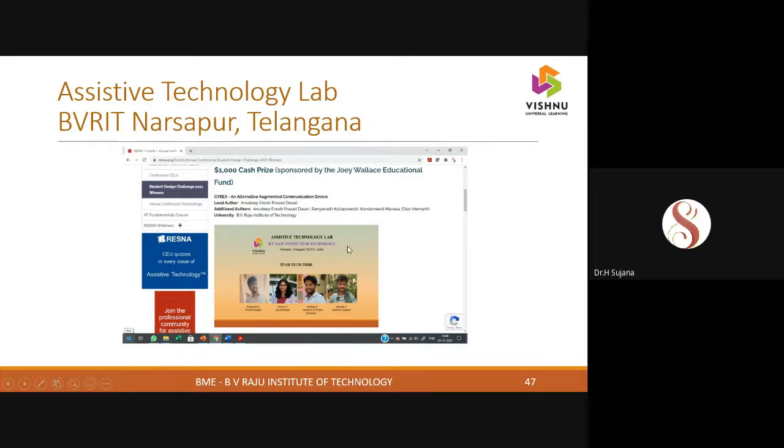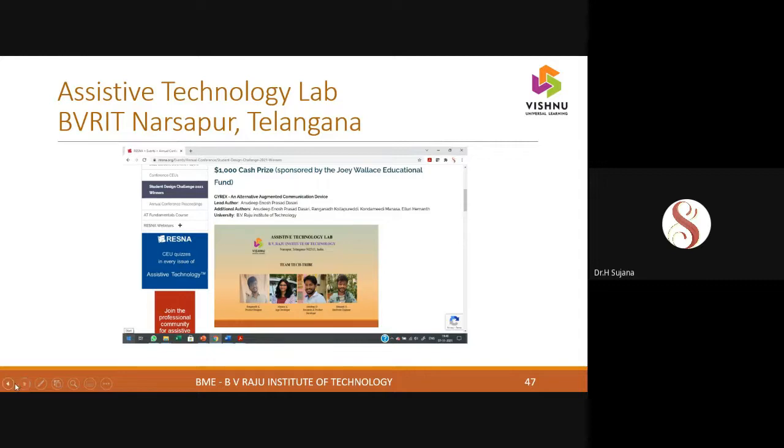You can see, and I forgot to mention that whatever groups we form in our assistive technology lab, they're interdisciplinary. You can see a chemical engineer, the first guy, these 2 are biomedical engineers, and this boy is an electrical engineer. Since rehabilitation is multidisciplinary, we believe in a multidisciplinary team so that they can bring their own expertise and work on the projects.